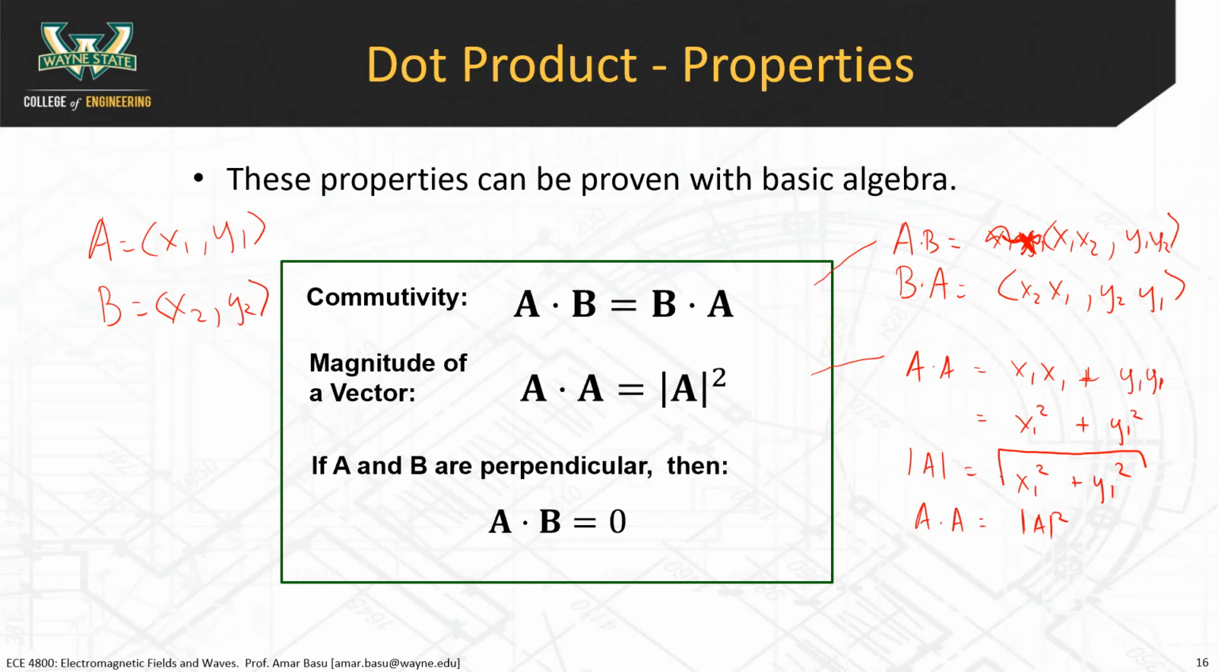All right, and the most important one, a dot b: if a and b are perpendicular, then a dot b is equal to 0. This rule is used quite a bit, so please remember that one. That one's super important. And the way that you can prove this one,